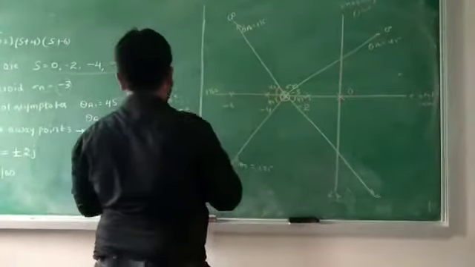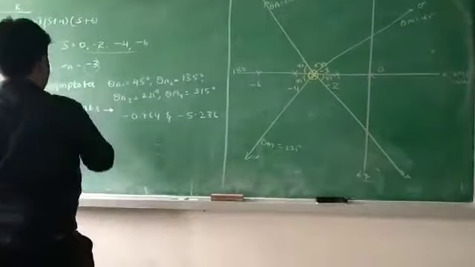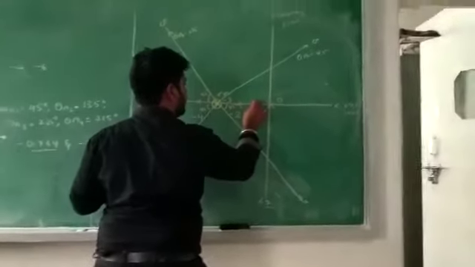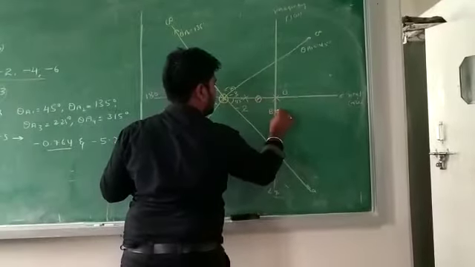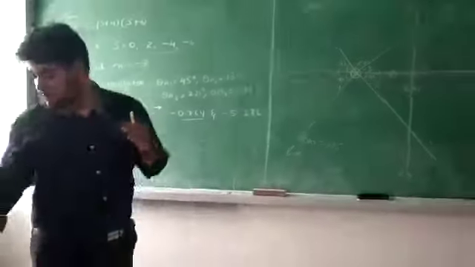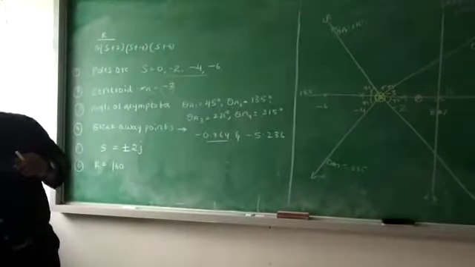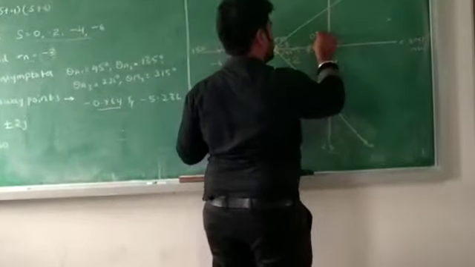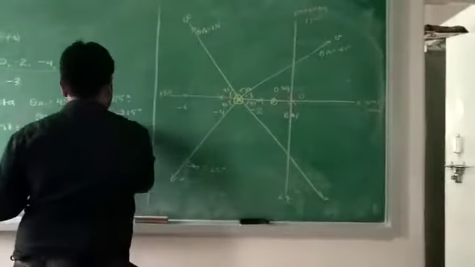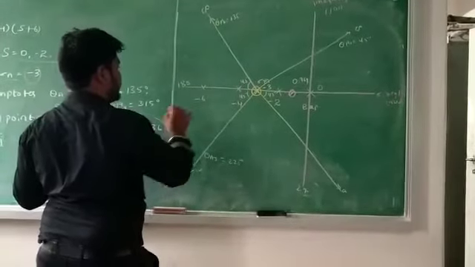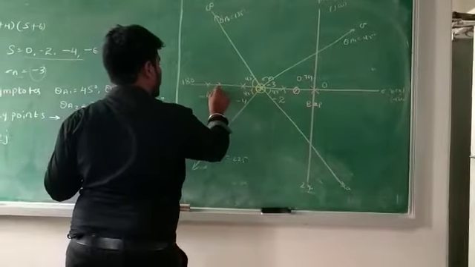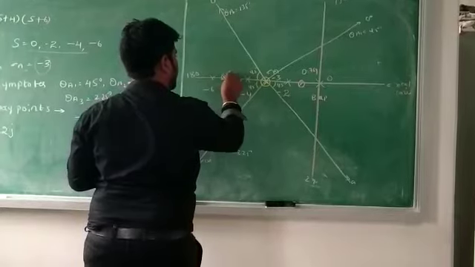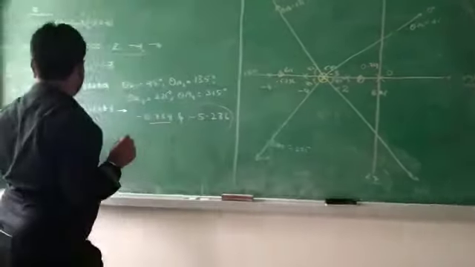After doing this, you can see that here we have two breakaway points. One is minus 0.764, so somewhere here we get one breakaway point. I will mark that as the breakaway point, minus 0.764. Another is also a valid breakaway point, that is minus 5.236. Somewhere you get minus 4, and after that minus 5.236. This is also one of the important breakaway points. After that, you can see what the plus or minus 2j is.